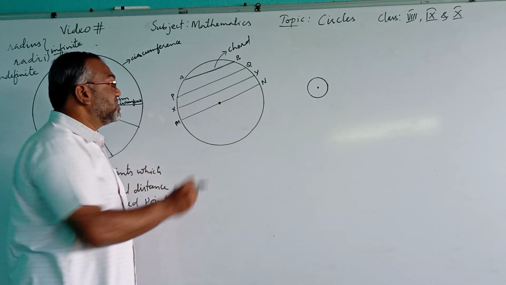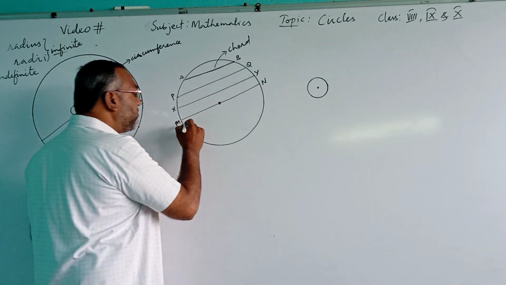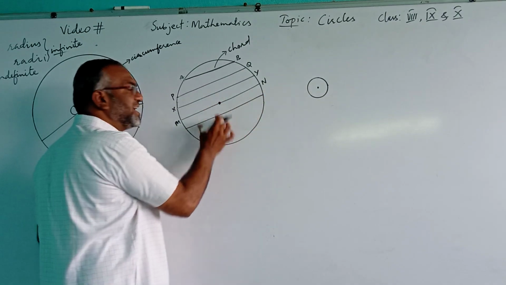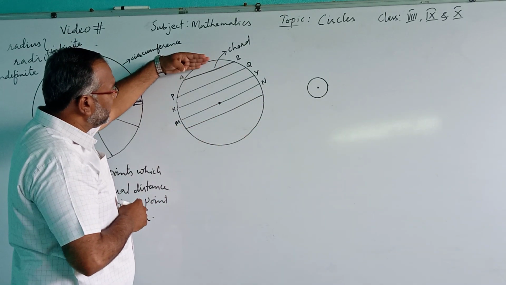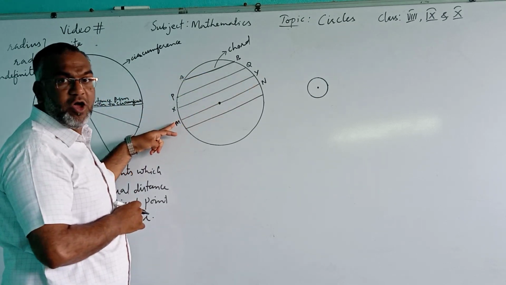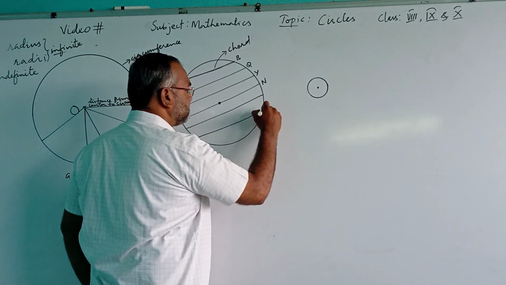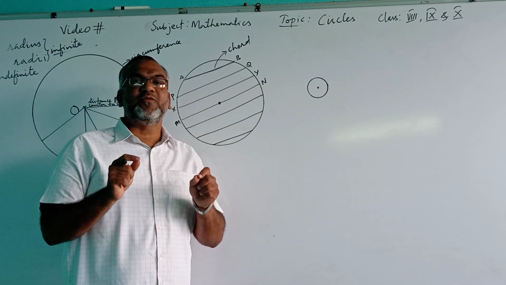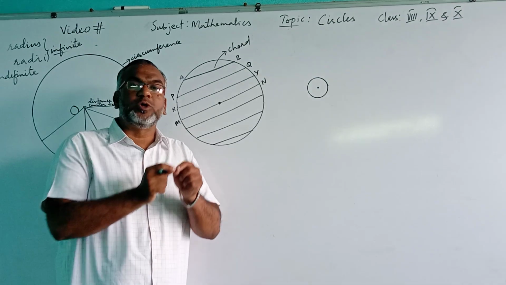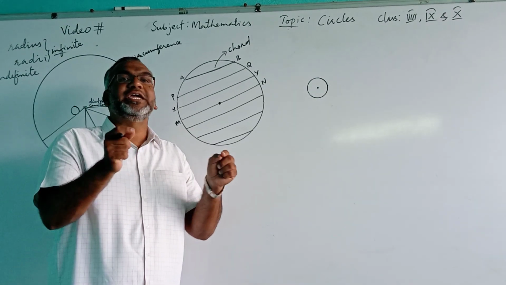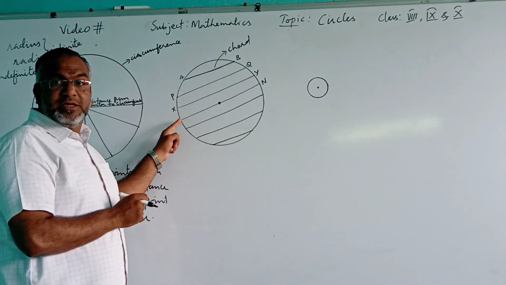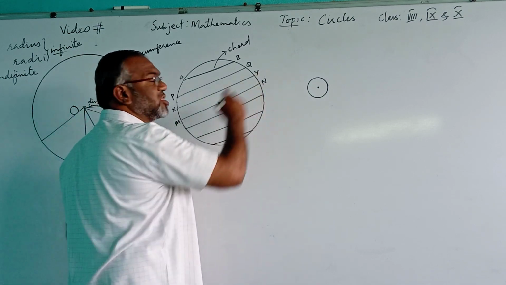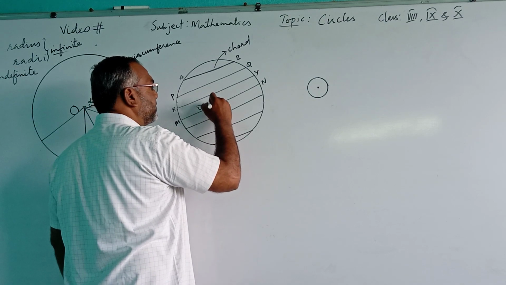And one more thing: this is the longest. Why? Because if I draw a chord below this, again going away from the center, the length will decrease. Here the length was increasing, increased and became the longest. Here again the length will decrease. So as we go away from the center, the length of the chord decreases, and as we go closer to the center, the length of the chord increases, and the chord that passes through the center is the longest chord,